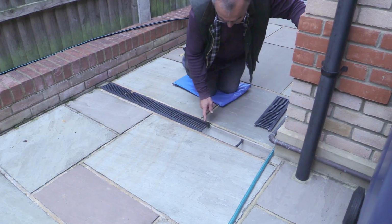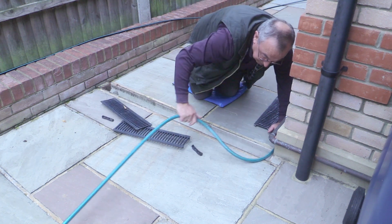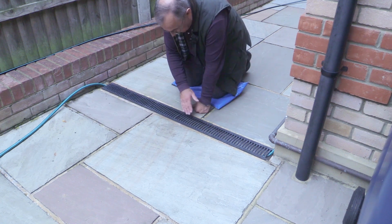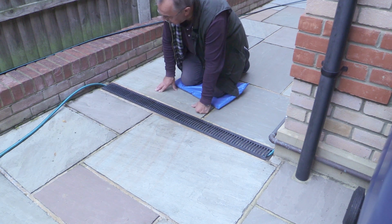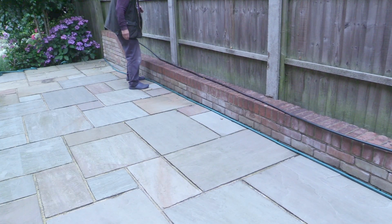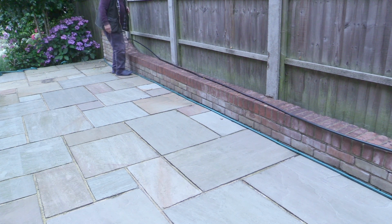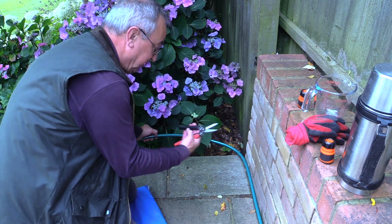So just here, my hose is going to do a right angle and go through this grating. So I'm just going to bring it down now. That now removes the hose from being a trip hazard as someone walks down here. But not especially tidy, I suppose, and it would have been nice to have had this hose completely hidden, maybe behind this wall. Now the advantage of getting this slightly better quality hose is that it does stay where you put it. And to trim this pipe, dead easy with the cutters,